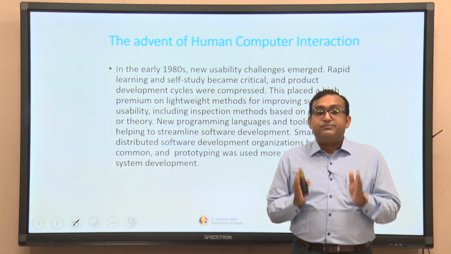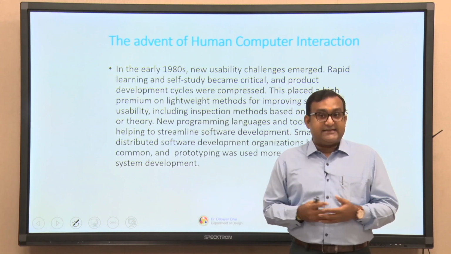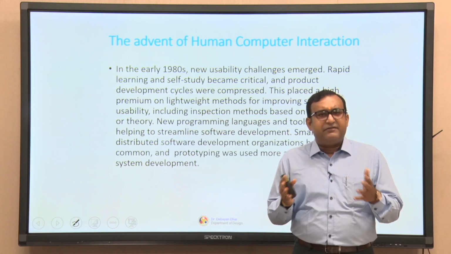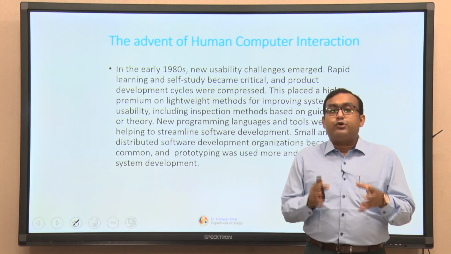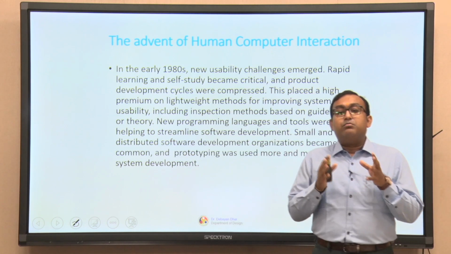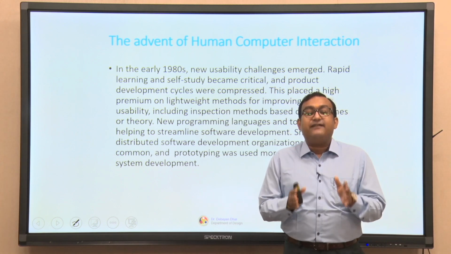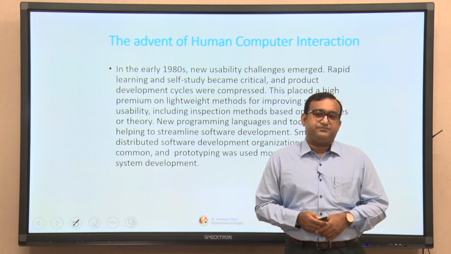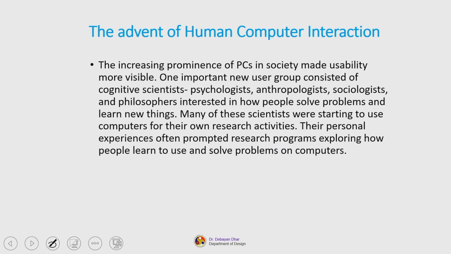Small and distributed software development organizations became very common, and prototyping was used more and more to drive system development. Now, during the 1980s, the increasing prominence of personal computers in society made usability more visible. One important new user group consisted of the cognitive scientists,